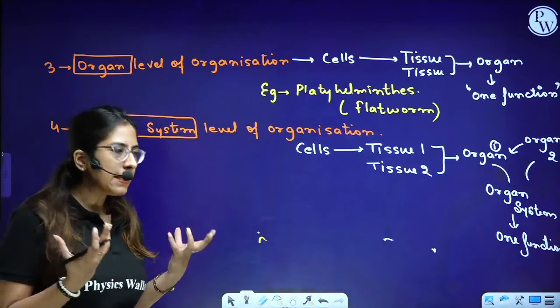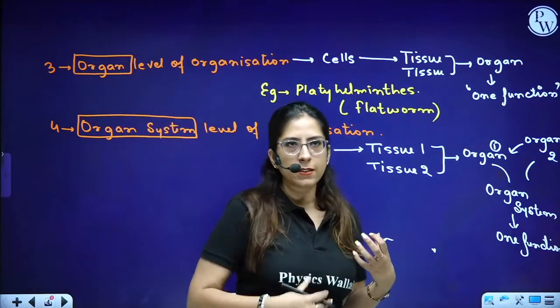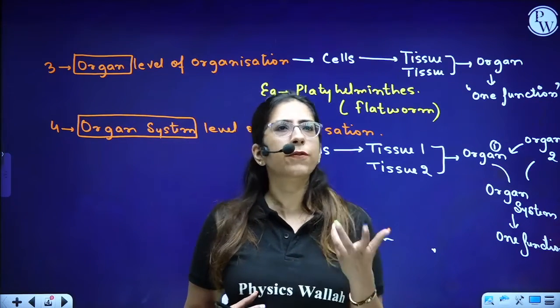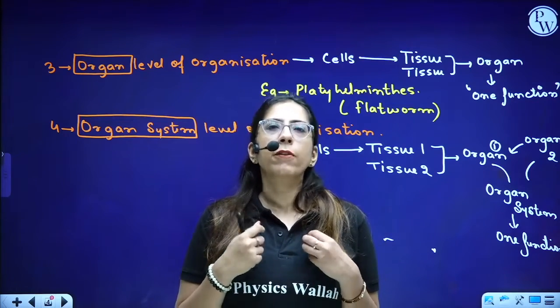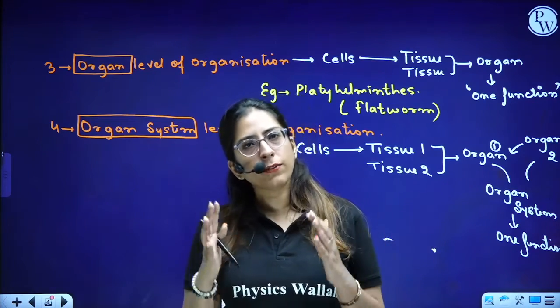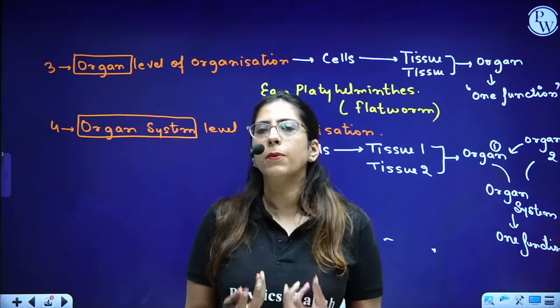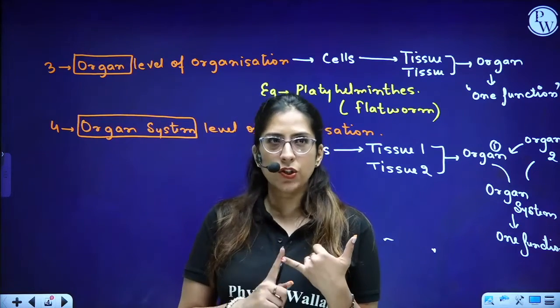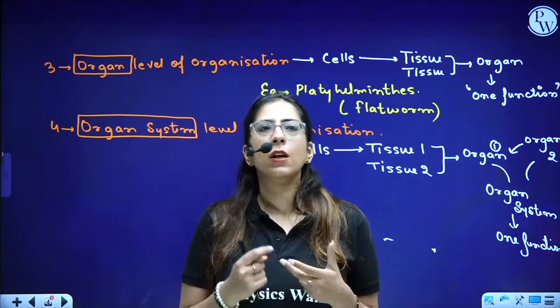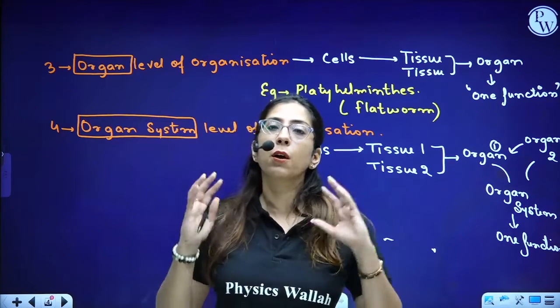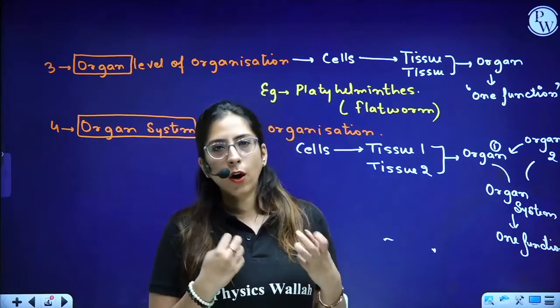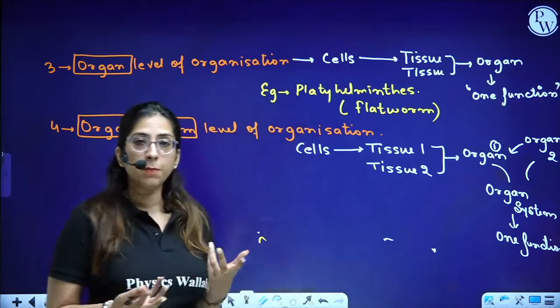So that means, let's take one example, like our digestive system. Different organs are there. The liver is there, the pancreas is there, various organs are there, and all of them combine together and perform a particular function. And what is that? Digestion, absorption. That means the whole digestive system. So this is a system which is composed of different organs in our body. And organs are made up of different tissues.